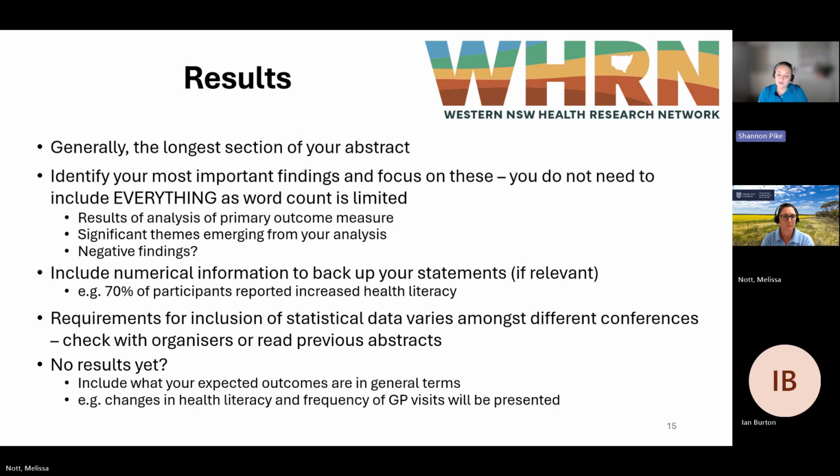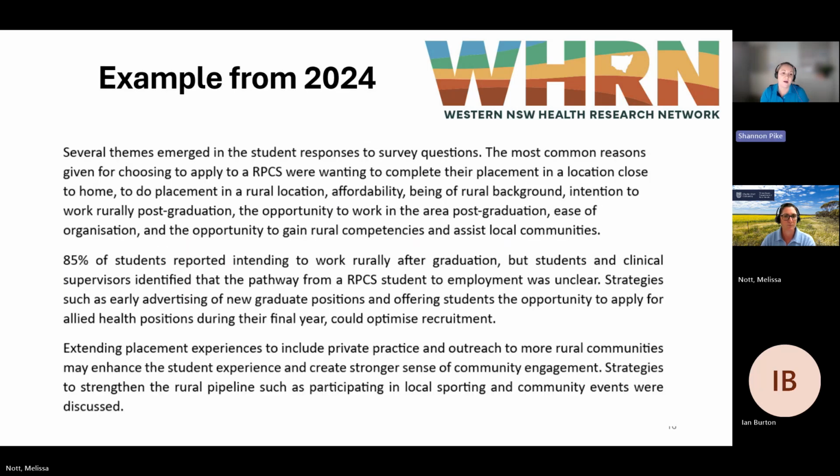As Mel mentioned, we do have the section there for research that is not yet conducted. If your research does fall within that category, under your results, what we would encourage you to do is to include what you expect your outcomes to be in general terms. So for example, this might include that you expect there to be changes in health literacy, or that you will report on changes or the frequency of GP visits. An example from the exemplar abstract,